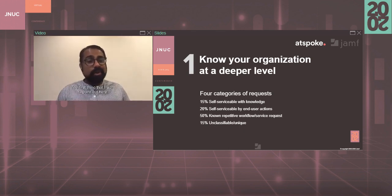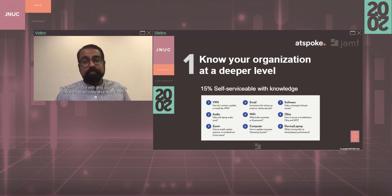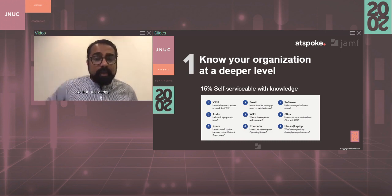The first thing that I want to point out here, 85% of all tickets that we've seen across the millions and millions through atSpoke are in some form or the other repetitive, which means there's an opportunity for organization, there's an opportunity for efficiency. So let's now look at each of these three buckets, the self-serviceable with knowledge, self-serviceable with end user actions, and the known repetitive workflows. So first, knowledge,